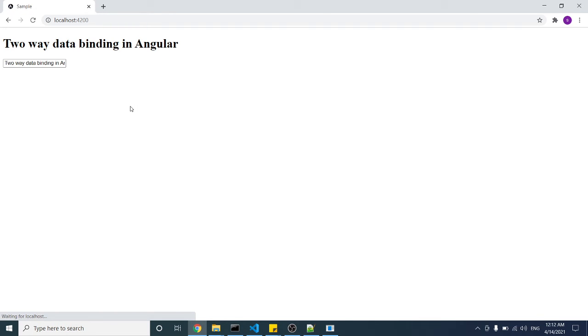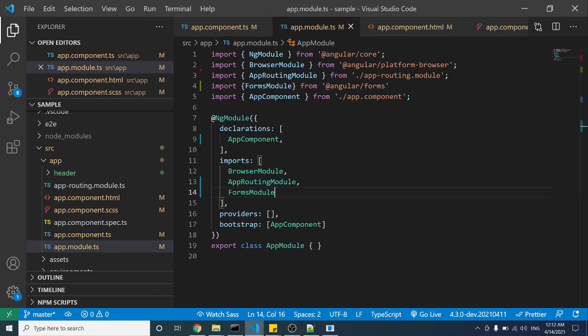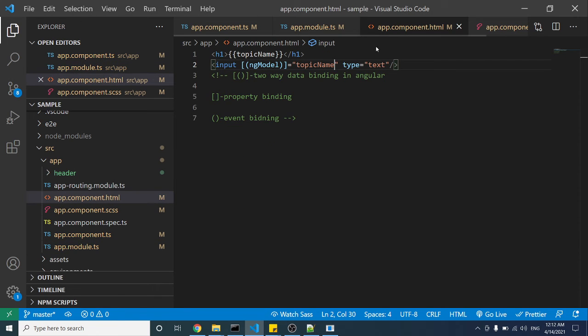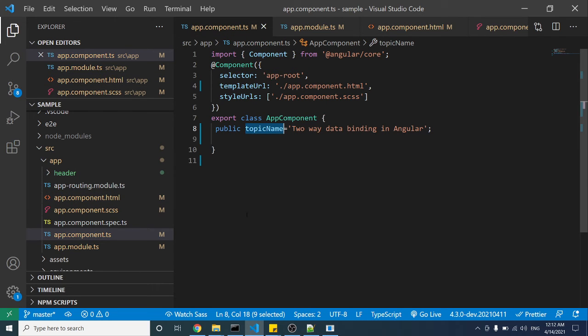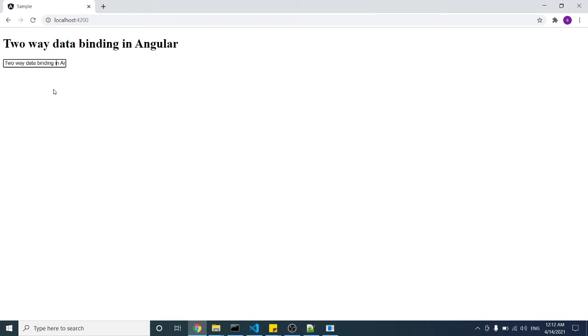Here you can see the input box, and you can observe the data is pre-populated inside the input box. As we are using two-way data binding with ngModel, this topic name is binding from the component file. Here you can see it is already bound.